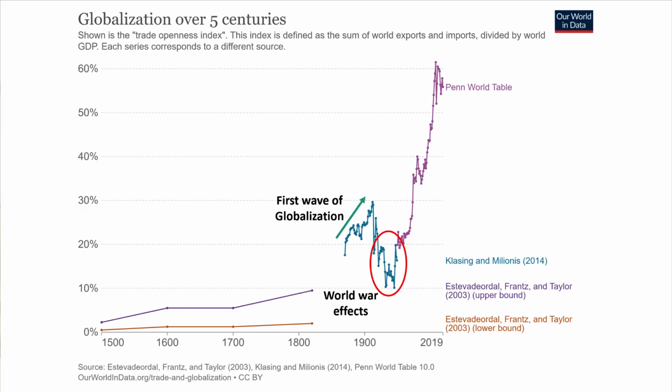This graph shows the globalization trend across 5 centuries. The 19th century triggered a period of marked growth in world trade, the so-called first wave of globalization, driven by technological advances. It slowed down during the 2 world wars. The trade started growing again in the post-Second World War era. This new and ongoing wave of globalization has seen international trade grow faster than ever before. Today, the sum of exports and imports across the nations amounts to more than 50% of the value of total